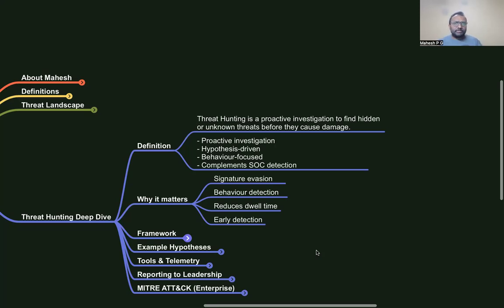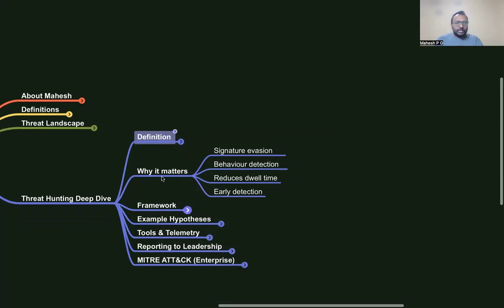If you have proper threat hunting, it reduces dwell time. Dwell time is the time between when an attack happens and when the organization detects it. How much time it takes to detect the attack is the dwell time. If we have proper and continuous threat hunting, we will be able to detect the threats in the organization, which will certainly reduce the dwell time as well. Finally, the early detection, right? Absolutely. If we can reduce the dwell time, that means we have early threat detection from the threat hunting process.